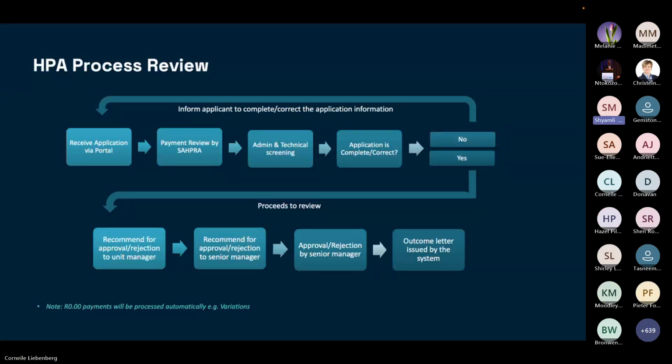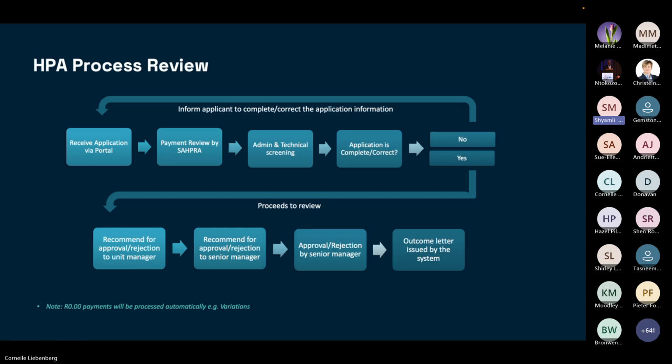Thank you so much. So basically then, once the application is received and the payment is reviewed by SAHPRA, obviously also remember if the application is from public sector institution, there is no payment that is required. So then it undergoes an admin and technical screening, and we then look at, in a nutshell, is the application complete?